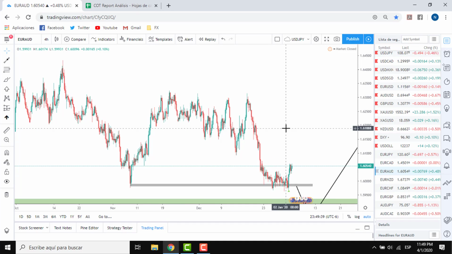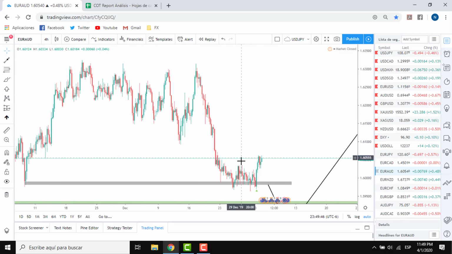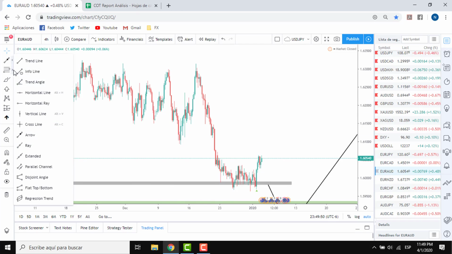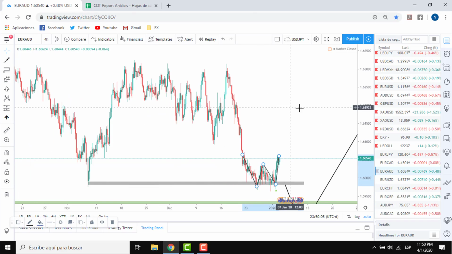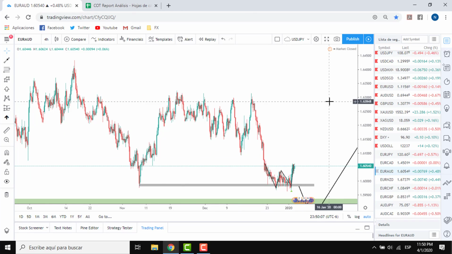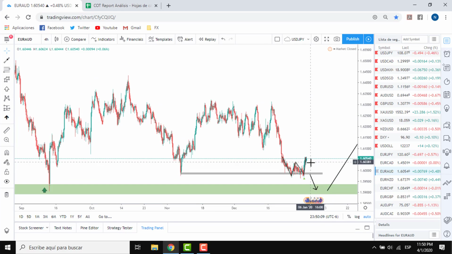On the 4-hour time frame, we have a support zone, a support level here, and see, the price has created this double bottom. If you don't see it, it's here. Where is the poly line? Here. See, double bottom right at the support zone. We don't know at this moment if price will drop, removing all these stop losses from support